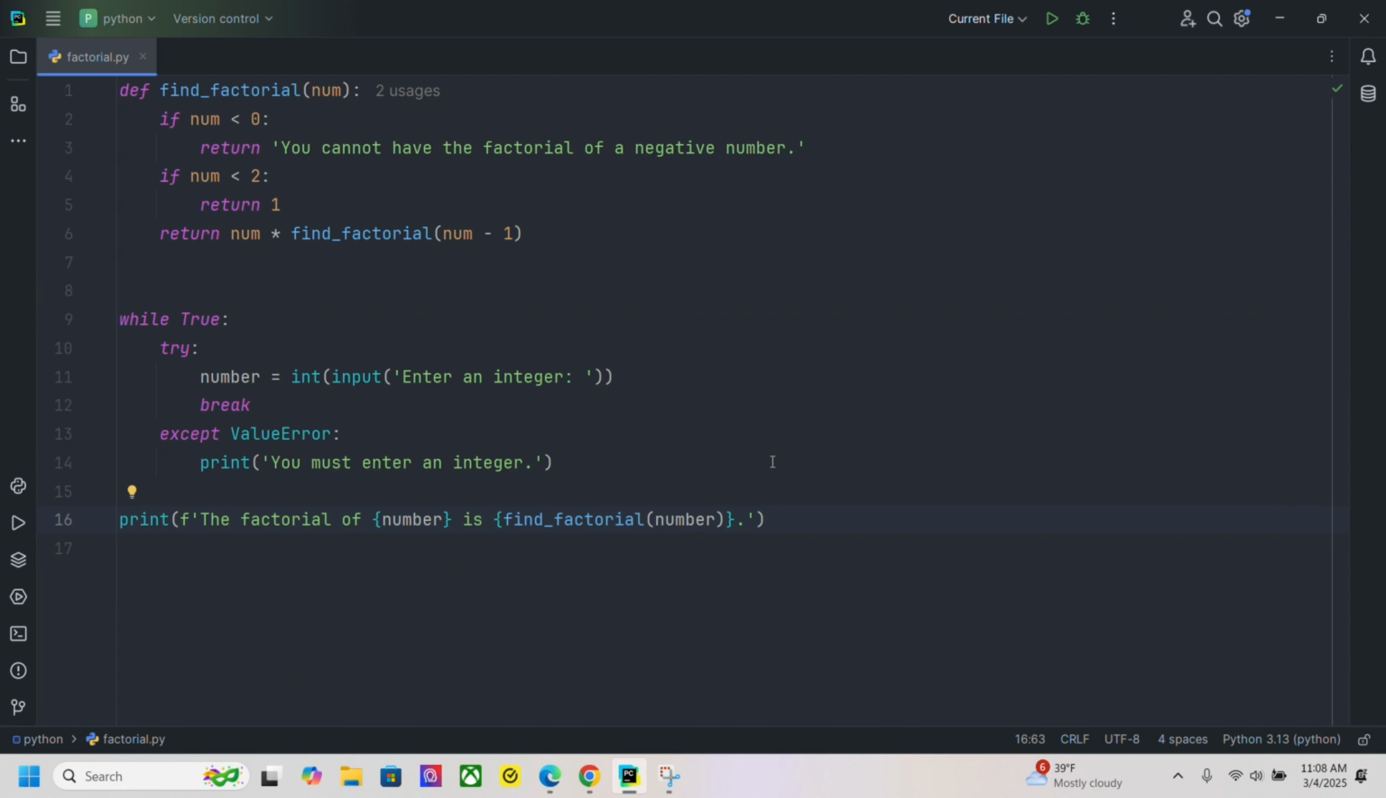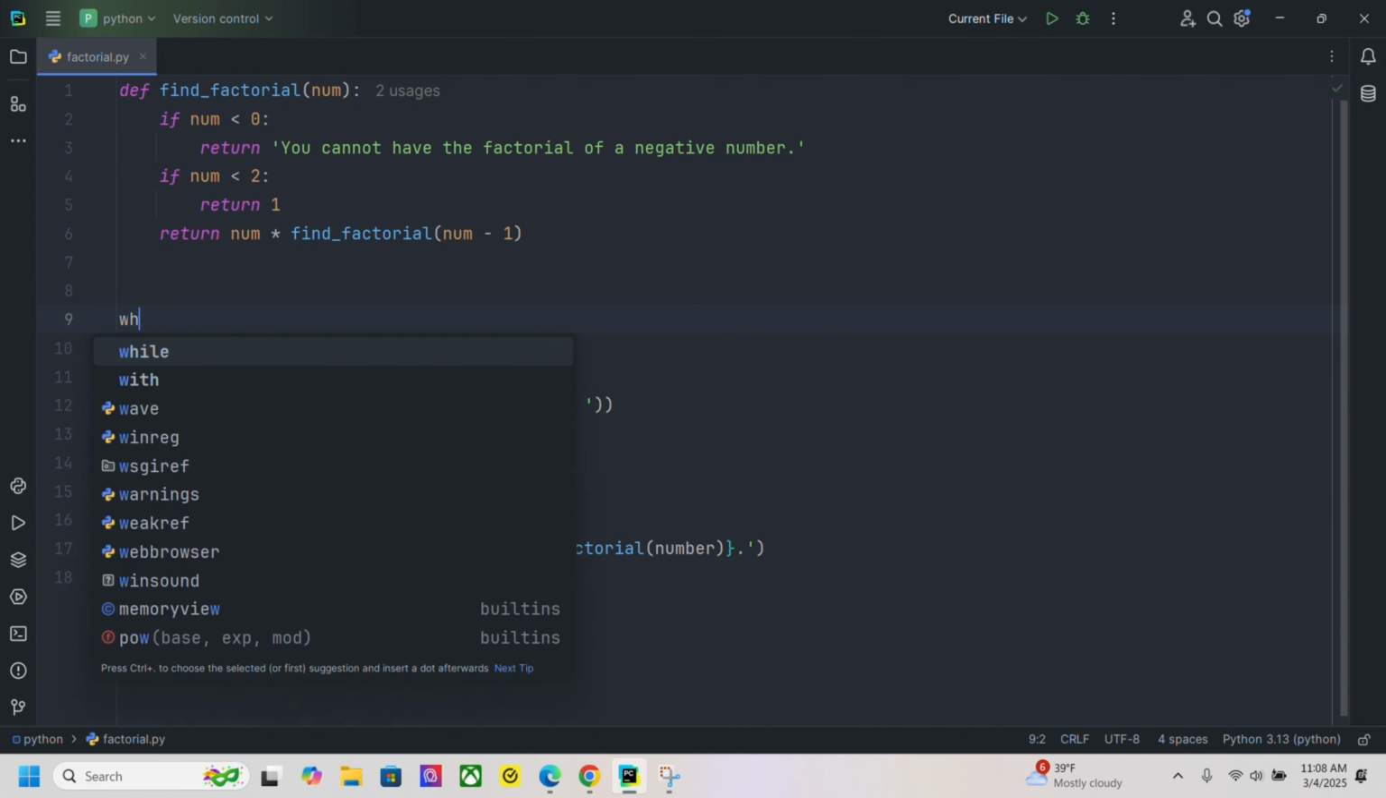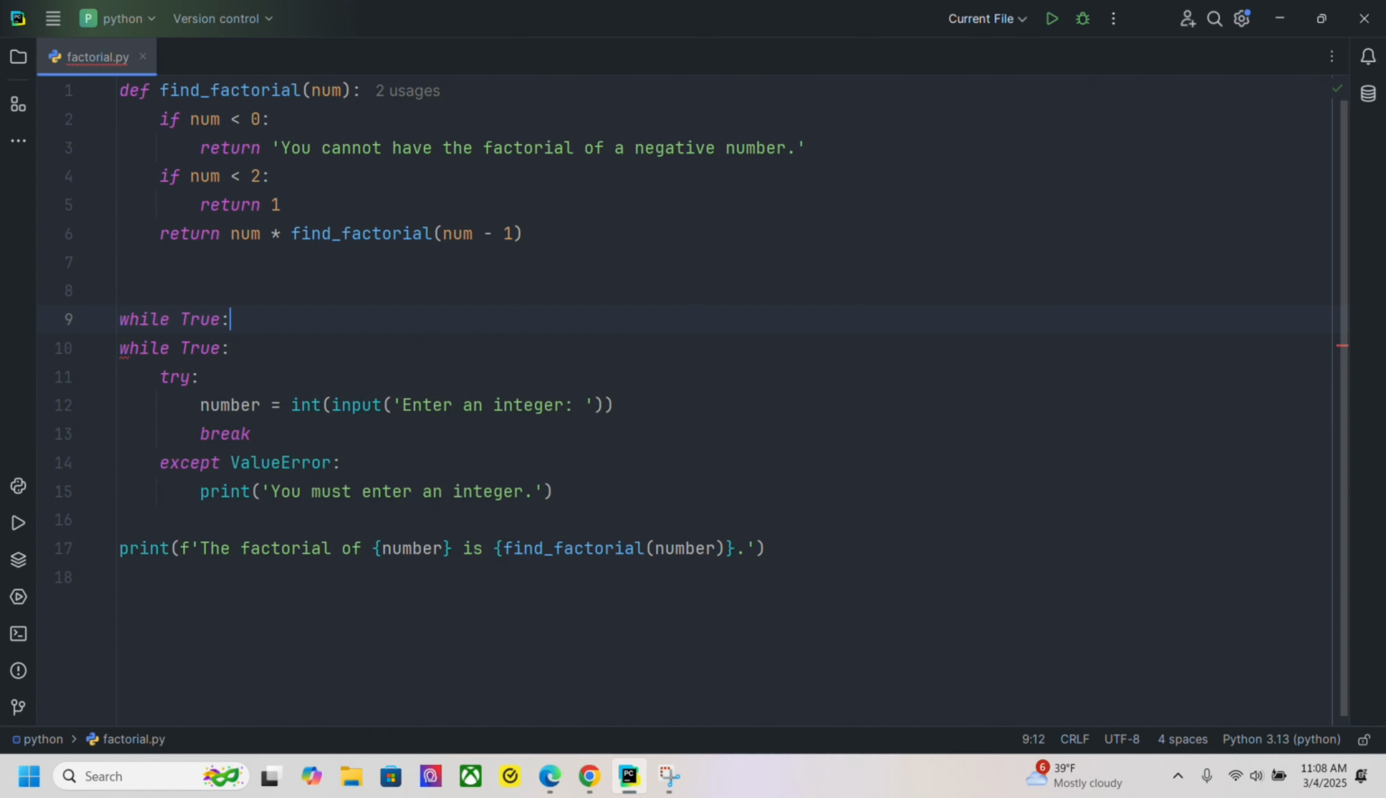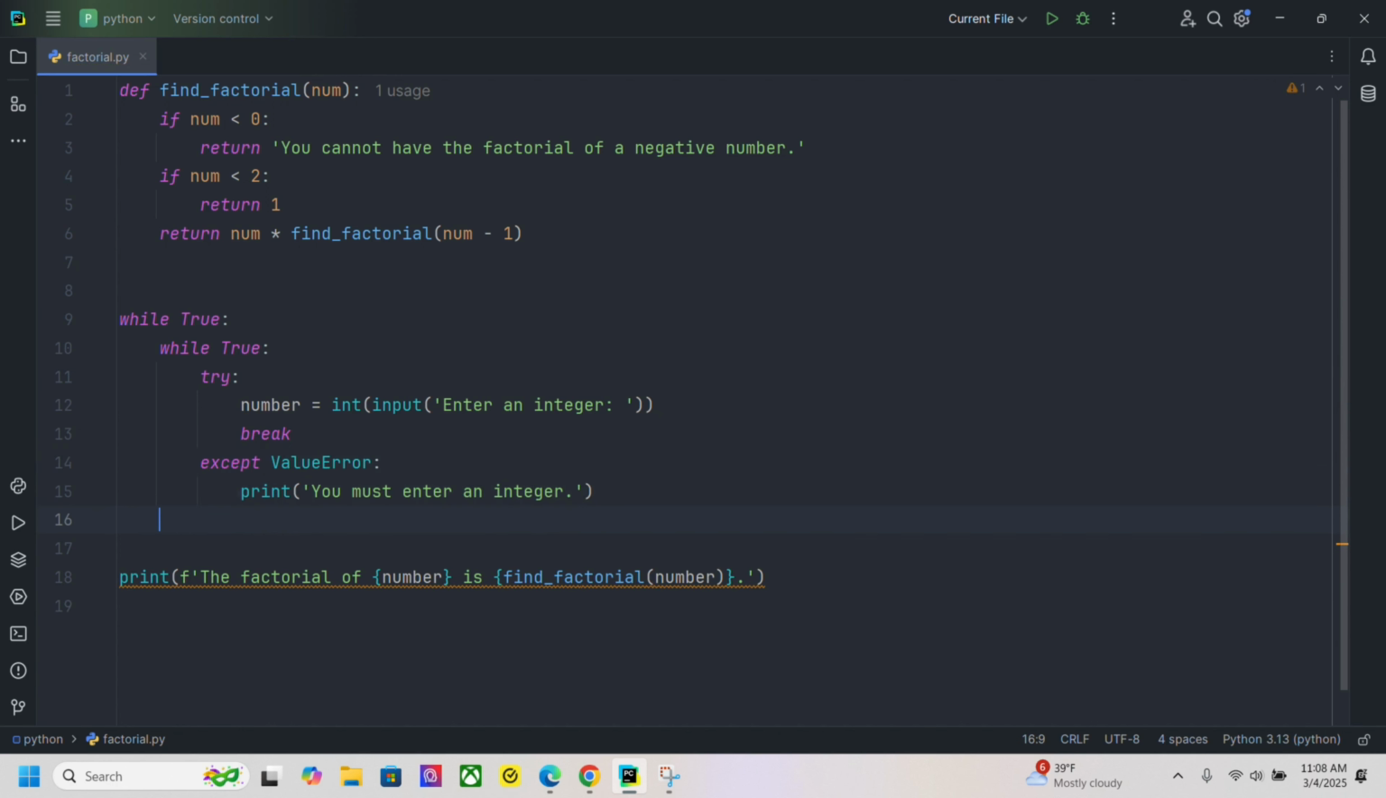Okay, so we may want to do this. What we may want to do is be able to run this multiple times. Okay, so let's do another while true. And let's move all this stuff out here. Okay, and then what we'll do is we'll go back here and we'll say